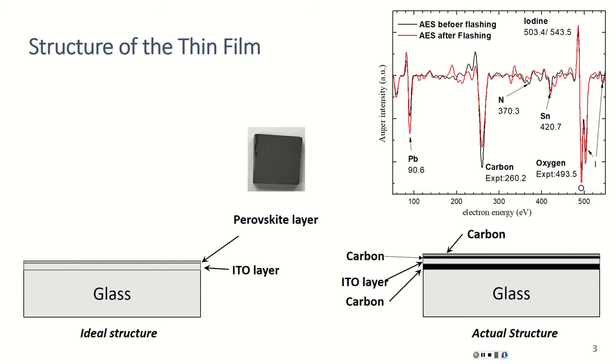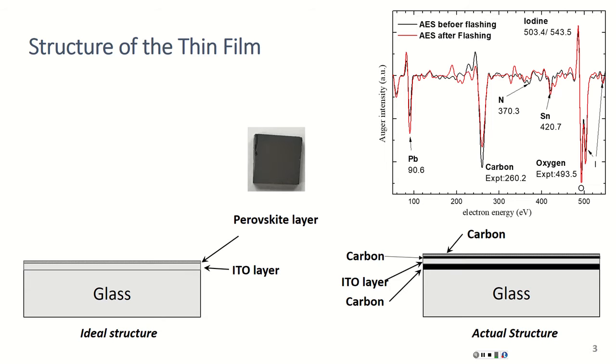So the substrate itself can contain some carbon, and the perovskite layer, during and after synthesis, can be contaminated with atmospheric carbon dioxide and oxygen. So we have a lot of carbon dioxide and oxygen adsorbed on the surface initially, and we tried to remove those impurities by flashing at ultra high vacuum, and we tried sputtering with argon ions, but